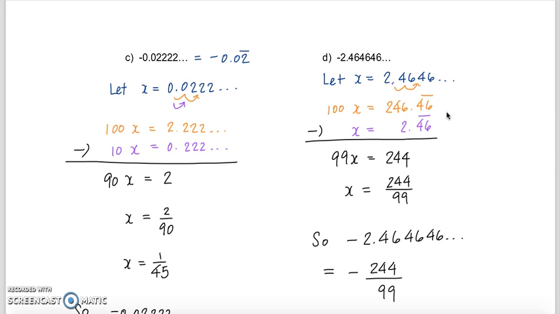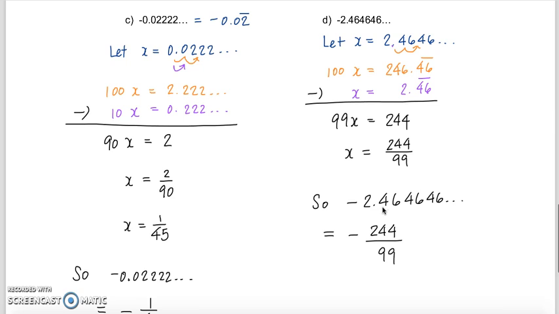The second time you do this, you make sure the decimal point is to the left of the repeating part, which is to the left of 4. Well, this is just your original number, so we just write down x is equal to 2.46 repeating. Once again, you subtract the two lines. 100 minus 1 is 99x on the left. 246.46 repeating, subtract 2.46 repeating. This is 244. So x, which is your original number, is now 244 over 99,